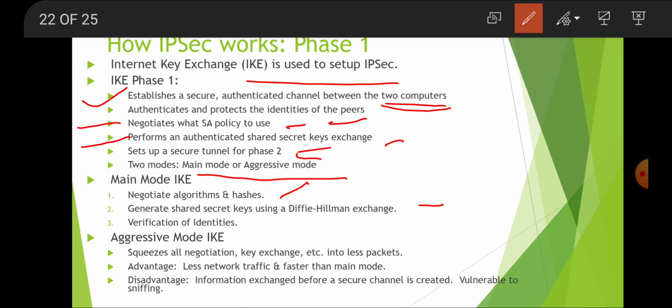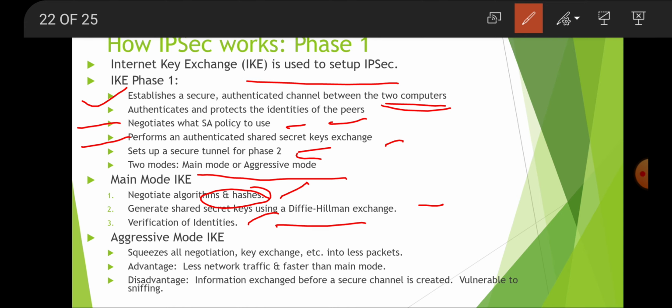If you go into digital communication, we have seen the linear code, circular code, and block code. In those codes we can generate different keys, or with the Huffman code. Likewise here there is a Diffie-Hellman exchange, by using which we can generate one key, and then verification of identity. So first we need to verify both source and destination.